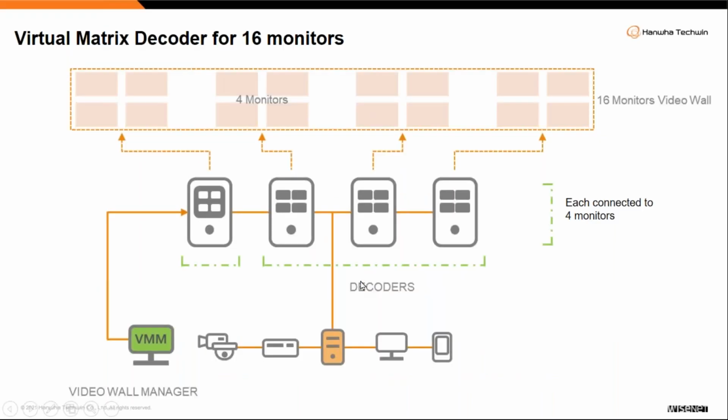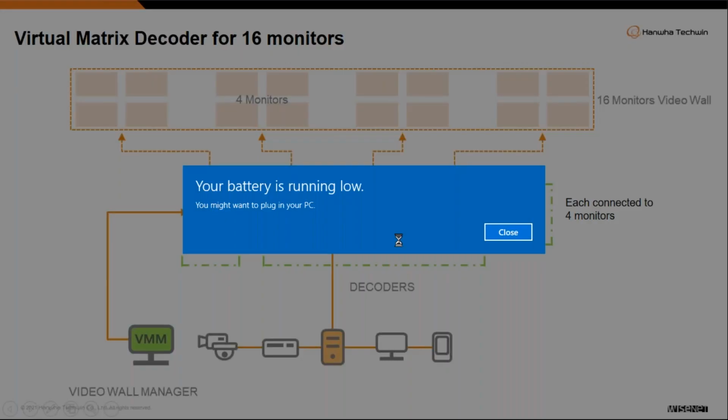When you have a lot of monitors in CCTV, you have to manage them centrally, just like when you have cameras, you centrally manage with VMS. Similarly, when a control room has too many monitors, you want to centrally manage it. That is called video wall management, which means you will have one video wall manager. He can remotely control all the monitors, which makes it easier. Otherwise, every PC you have to physically go